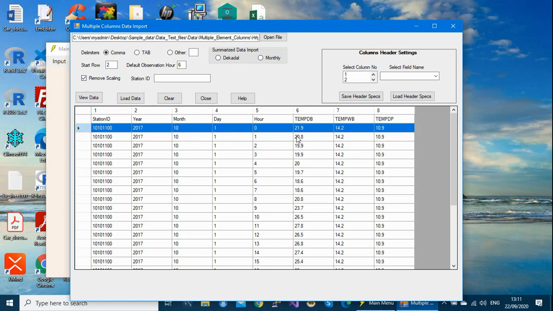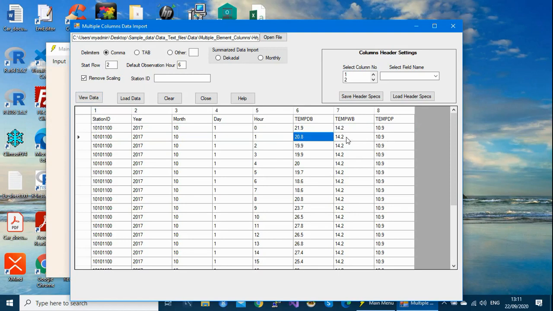So if you check your data, your data has got decimals, and normally to import our data, we don't import it with decimals. That's why you have to tick this remove scaling. So our data will be imported into a table called observation initial, and in this table there is no decimal.